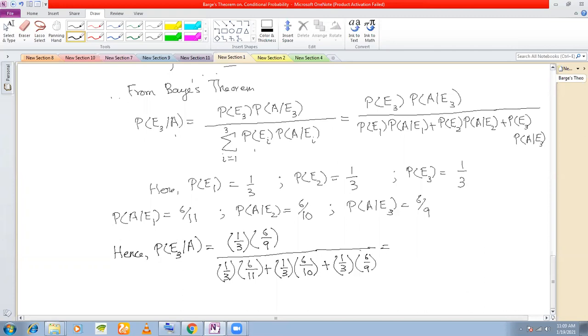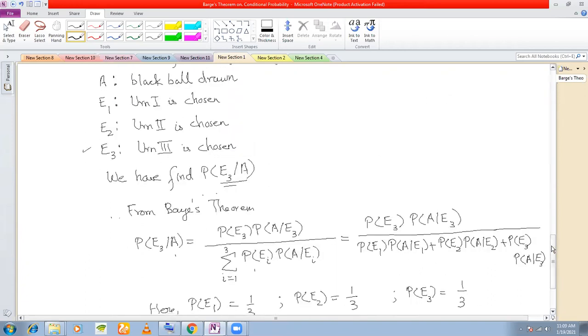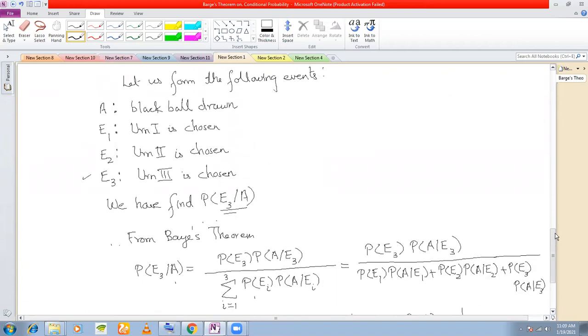Okay. Now it is easy to simplify. You can simplify this and find the value to be 4 by 11. Understood? Okay, sir. So I repeat once again, that now that you have come, okay,